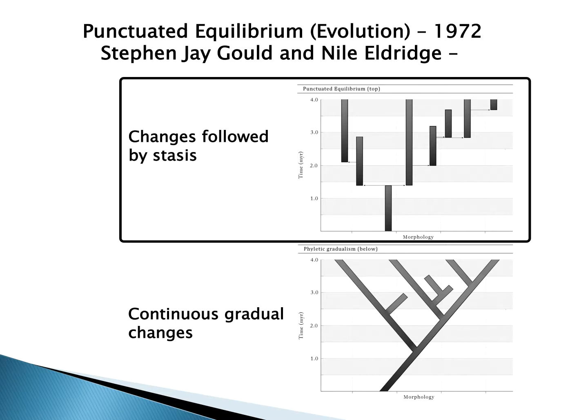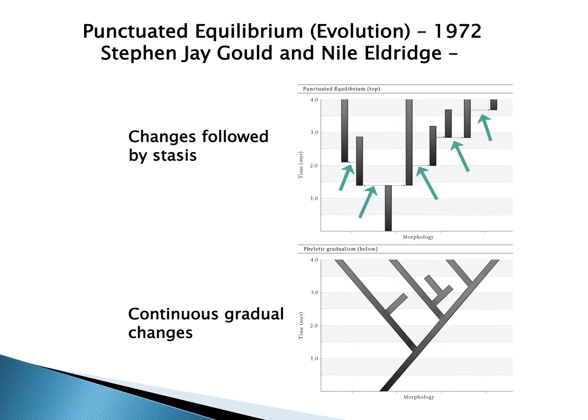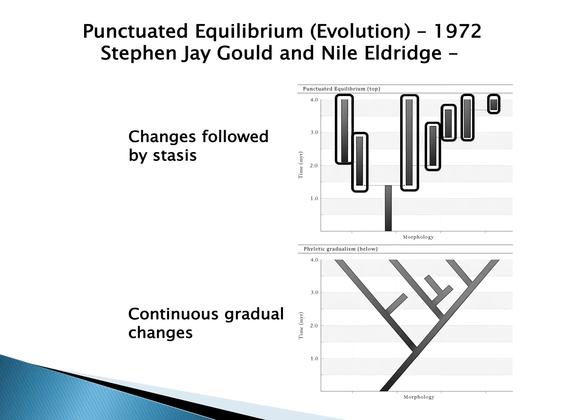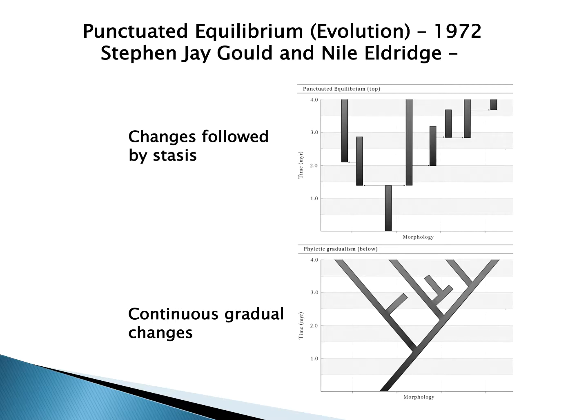That is, you have these sudden bursts of evolution, sudden bursts of change, followed by stasis, where the organisms change very little. This had been proposed back in the early 1900s also, but there was no distinct proof that this was actually happening. But Gould and Eldredge proved in a number of studies that this was at least one of the ways